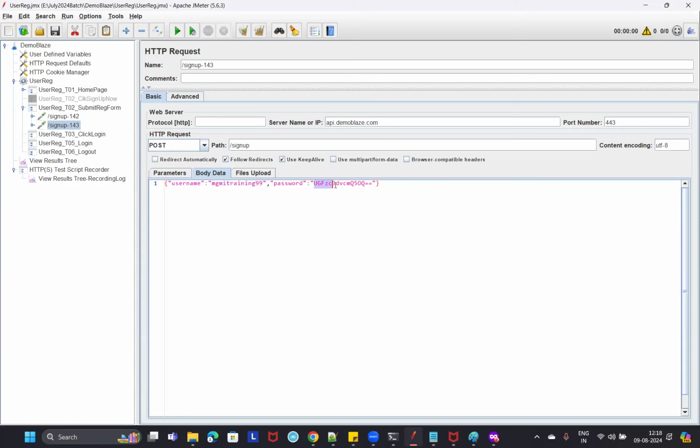But what is this value? I gave the password as password 99, but it recorded something like UGFZ something, right? This is actually an encrypted password. Your browser has encrypted that password and sent it to the server. And now JMeter has no option; whatever goes from browser to server, JMeter has to record it. And it recorded that, it is showing the same thing. Right? So